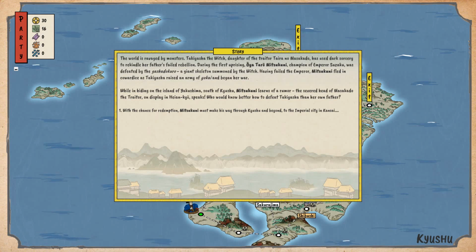Let's go, guys. The world is ravaged by monsters. Takayasha, the witch daughter of the traitor Taira no Masakado, has used dark sorcery to rekindle her father's failed rebellion. During the first uprising, Oyataro Mitsukuni, champion of Emperor Suzaku, was defeated by the Gashadokuro, a giant skeleton summoned by the witch. Having failed the emperor,